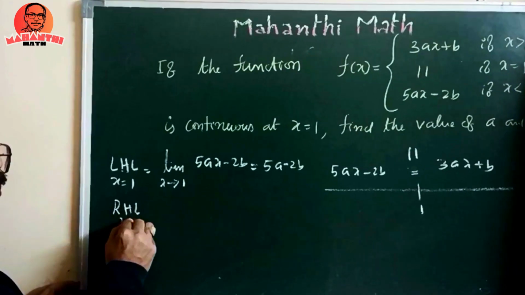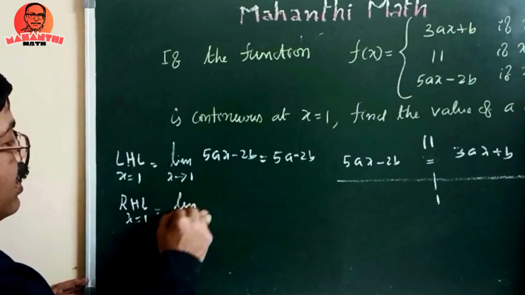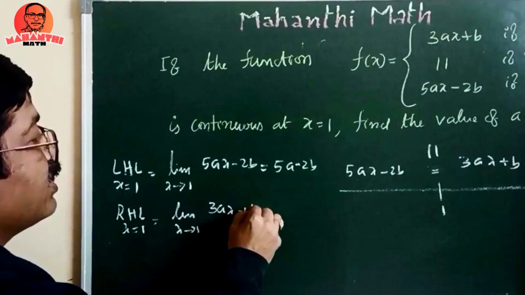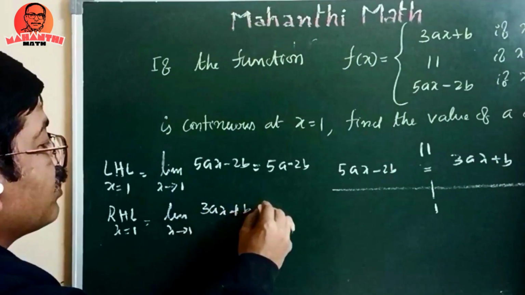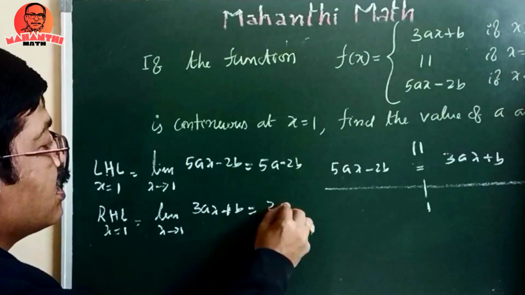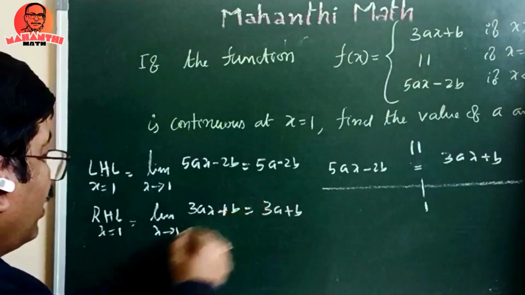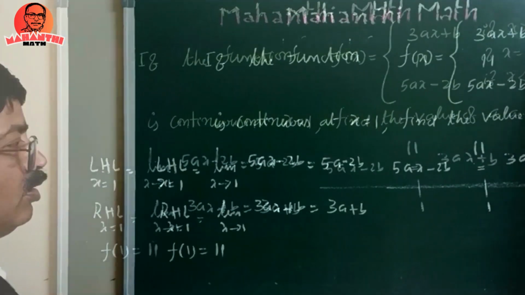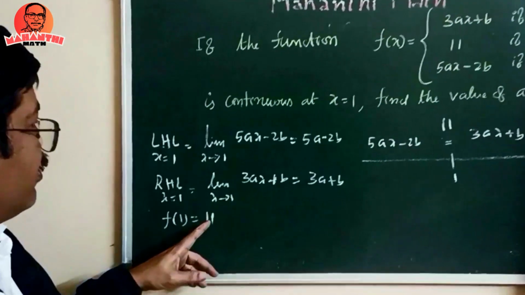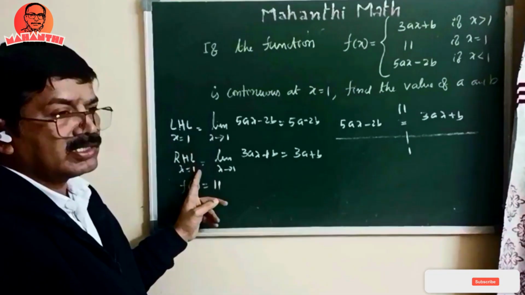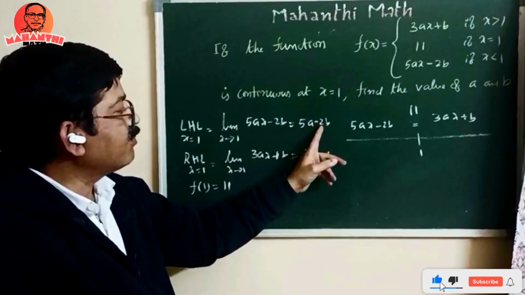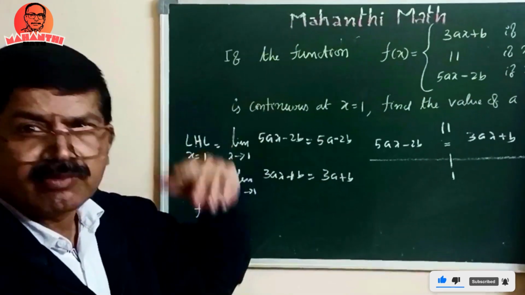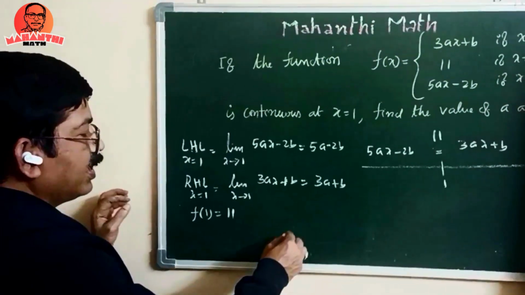RHL at x equal to 1 equal to limit x tends to 1. RHL is 3ax plus b. When you put x equal to 1, this is 3a plus b. And the function value is 11. Now you see, function value is equal to both LHL and RHL also. Better to take this is 11, this is 11. Some students equate these two; another equation will come, not necessary. You take that since